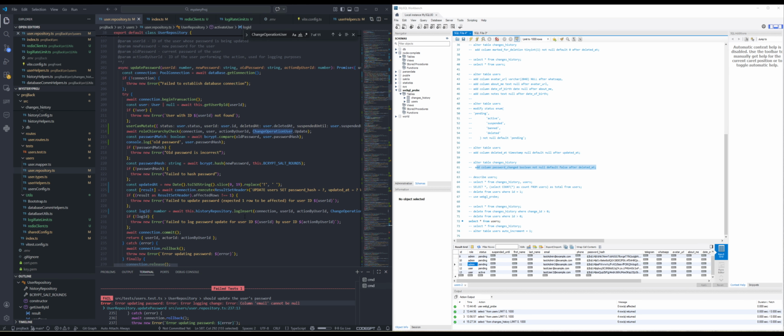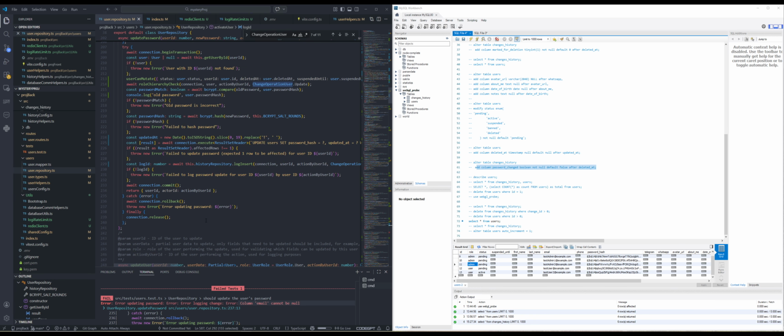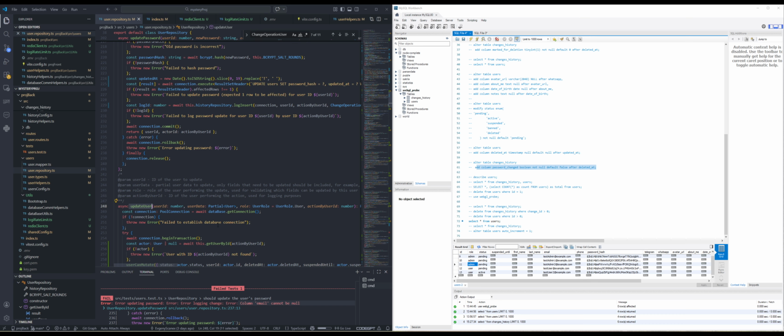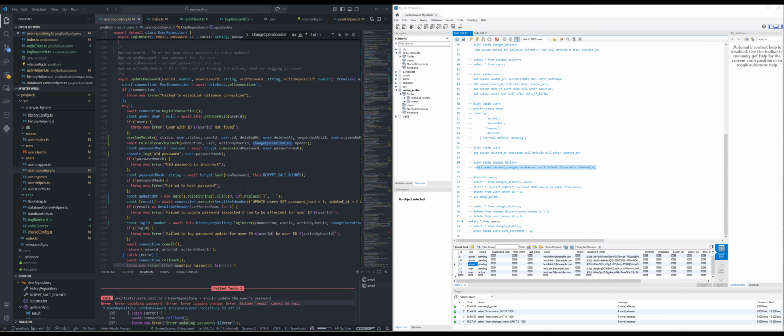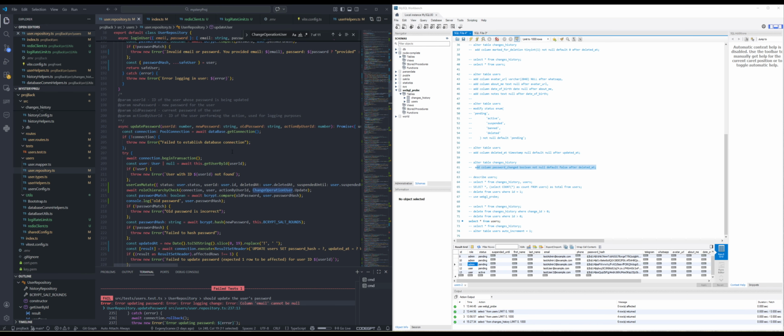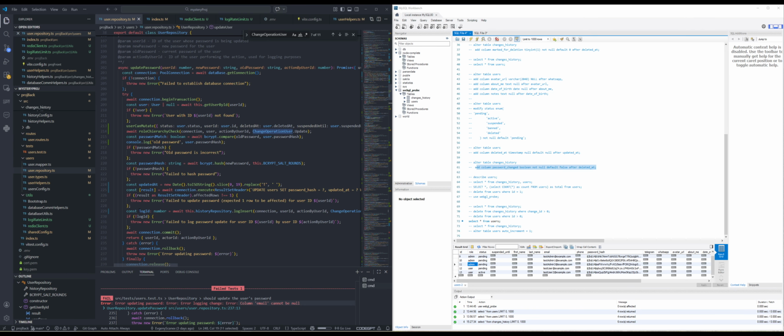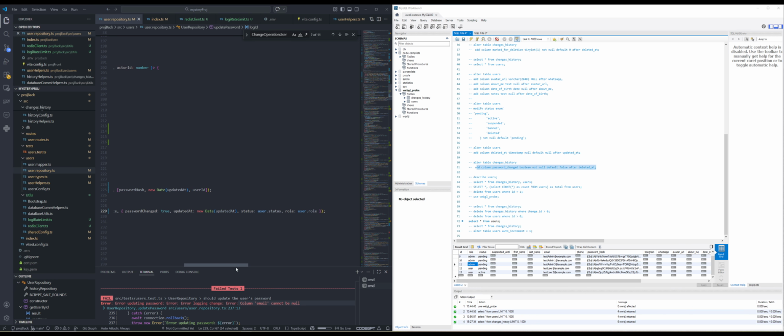Update user, update password. Update user will be a difficult method to fight with because there are many keys that can be updated, but we'll try a couple of keys, no more, because otherwise it will be overwhelming. Update password. So that's the log history here, and we use only user status, user role, and we need to use